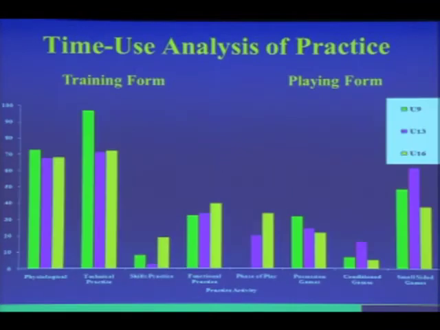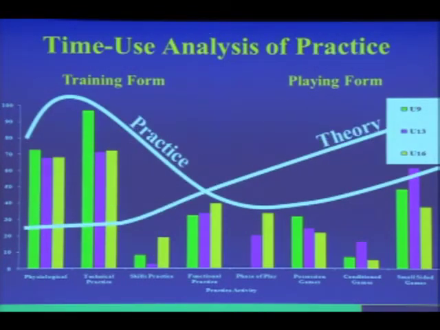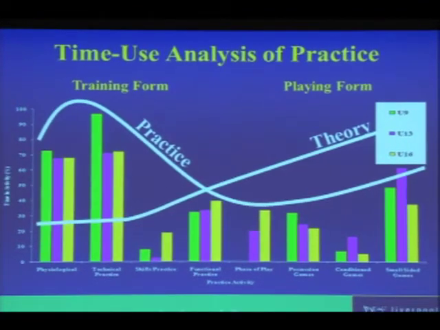We also had 3 different age groups. We had an under 9, an under 13, and an under 16 age group. And we pretty much got a similar pattern of results. And the most interesting observation here again is that there were relatively few differences as a function of age. So coaches had a preferred manner of delivering their sessions, and that didn't change greatly as a function of the age of the kids or the skill level of the kids that they were working with. So potentially a lack of progression there in regards to the coaching process.